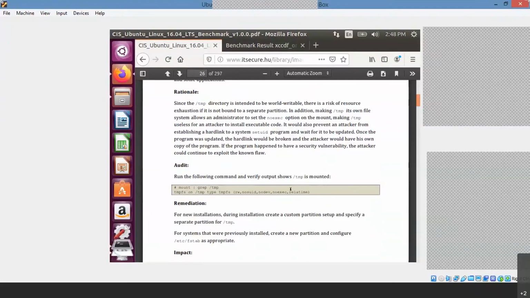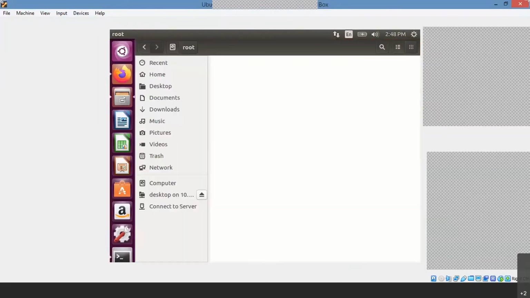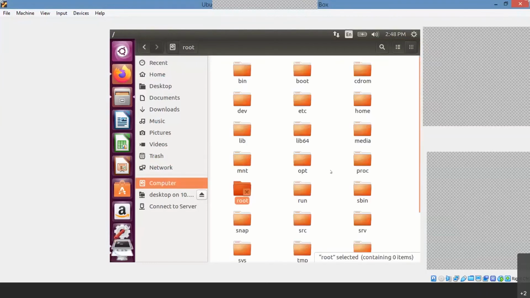So you have a C directory. You have a System32 and Program Files. Under Program Files, you have the list of drivers or services installed, right? If you want to see the real file system of Linux, you can go to File System, Computer. Here is your file system, right? The head of the whole file system is root. Okay, this is the root.